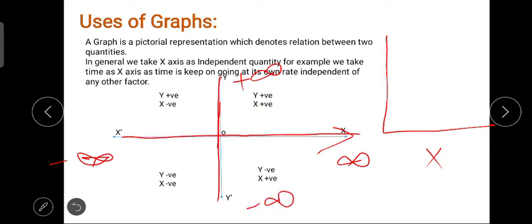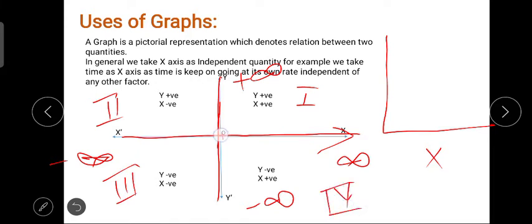तो यहाँ पर होता क्या है? This is known as the first quadrant, this is known as the second quadrant, this is the third quadrant and this one is your fourth quadrant. यहाँ से जब आप, this point is known as origin. When you go to the right side from the origin, the value of x is continuously increasing. That means you get a positive number.